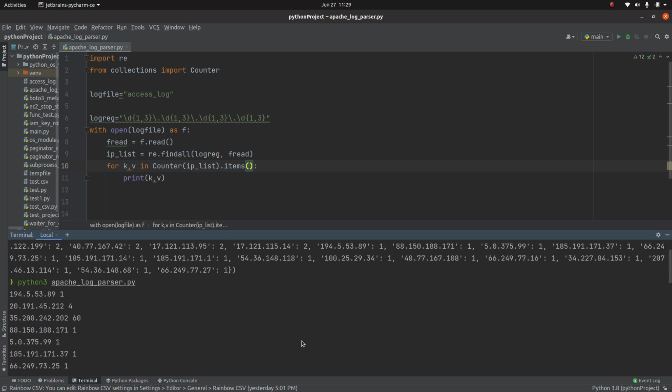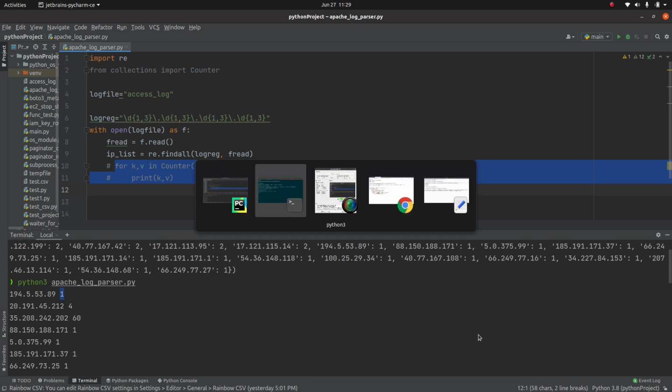So we are getting our desired output, in the format where this is the IP and the number of times this IP is repeated. Basically we are just doing tuple unpacking. This is just for demonstration purposes. Let me comment out both of these entries, and we are going to use it later in our code.